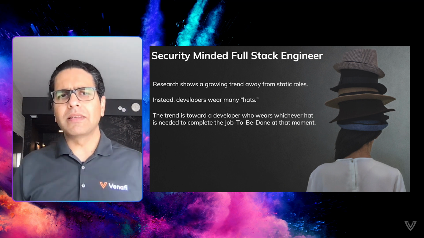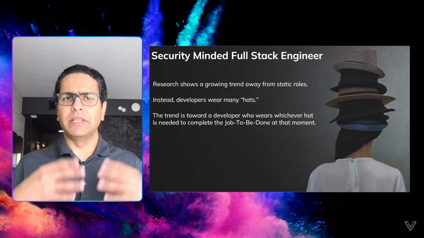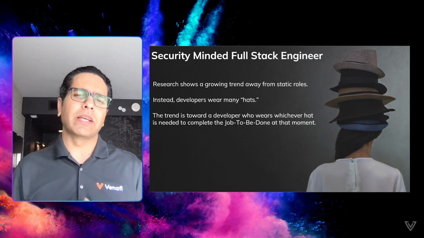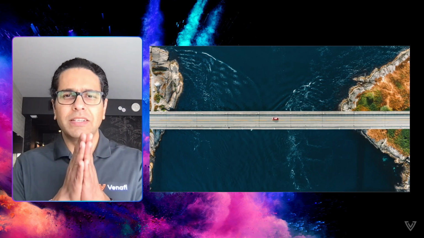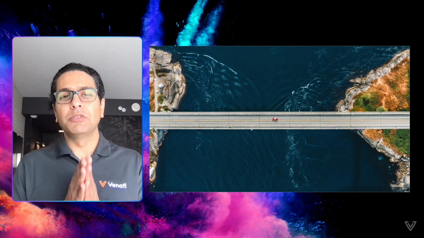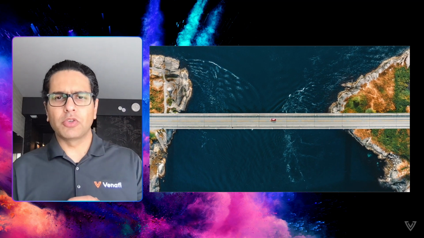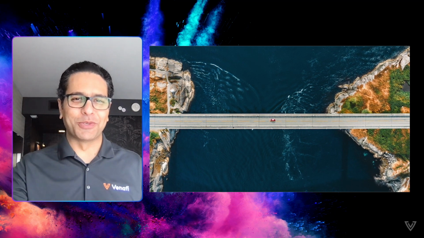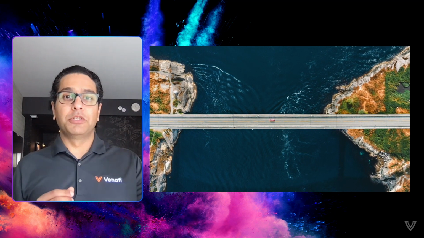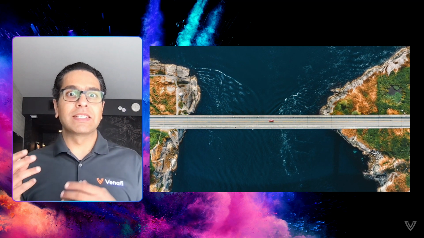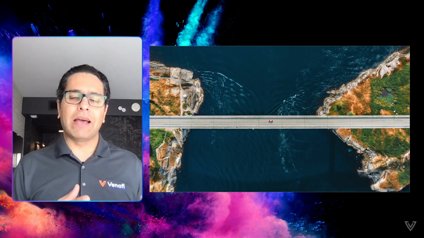While there are many desirable aspects of this rise of the modern security-minded developer, there is one pronounced undesirable side effect. Security teams and development teams are now becoming two distant islands, and we need to be able to bridge those islands and bring them closer to each other. Developers want autonomy, security wants control. Developers want things like freedom of choice. Security wants consistency. Bridging this gap between development and security is the need of the hour.